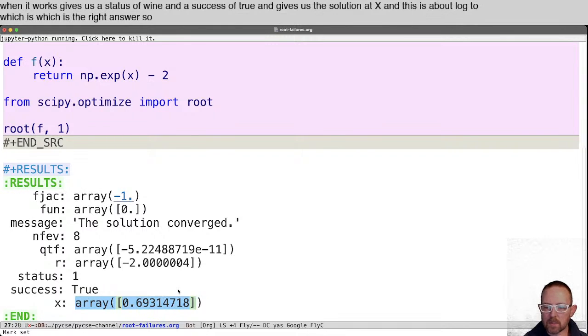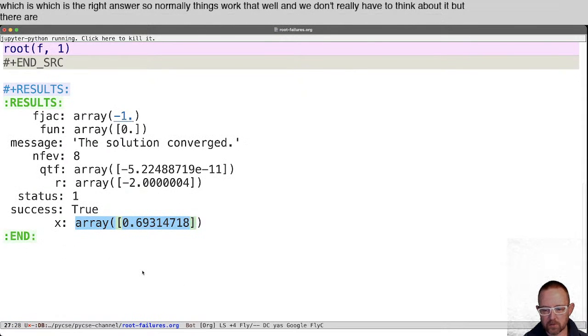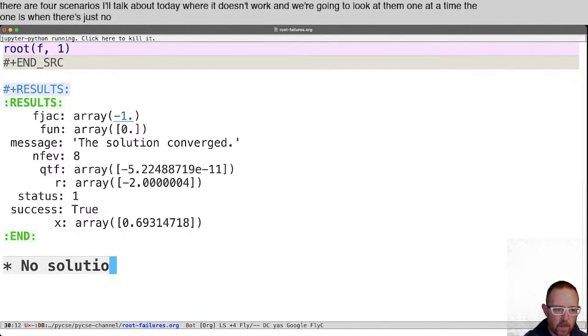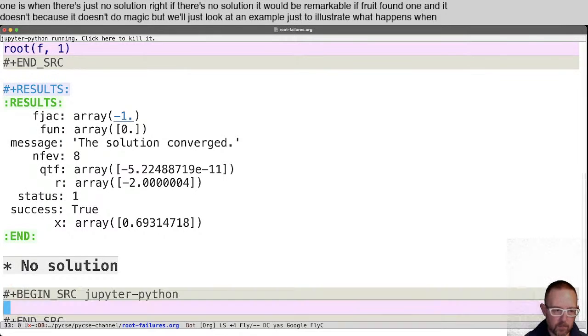So normally things work that well, and we don't really have to think about it. But there are 4 scenarios I'll talk about today where it doesn't work, and we're going to look at them one at a time. So one is when there's just no solution. Right? If there's no solution, it would be remarkable if root found one, and it doesn't because it doesn't do magic. But we'll just look at an example just to illustrate what happens when that happens, so you'll recognize it